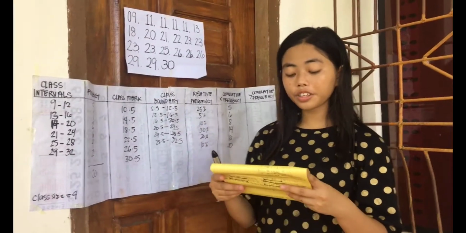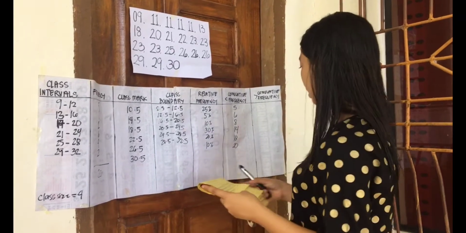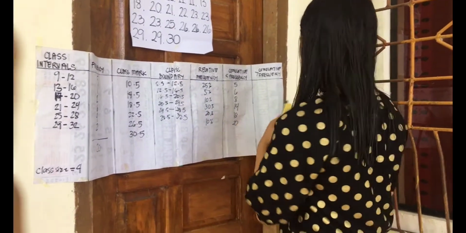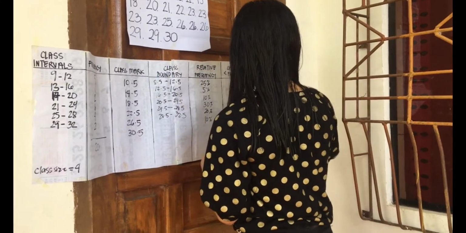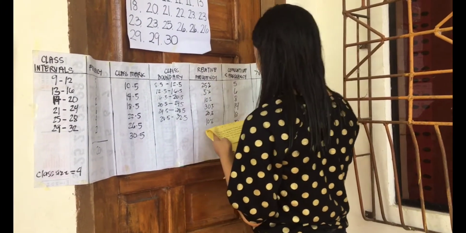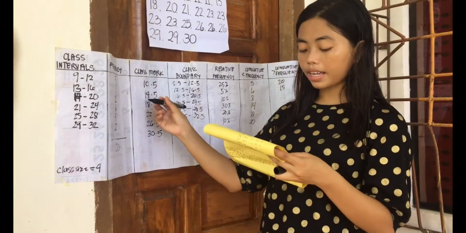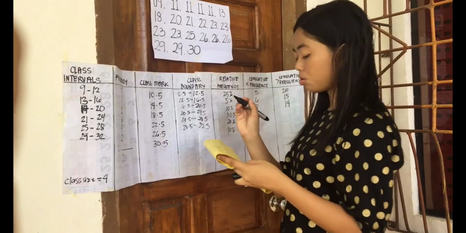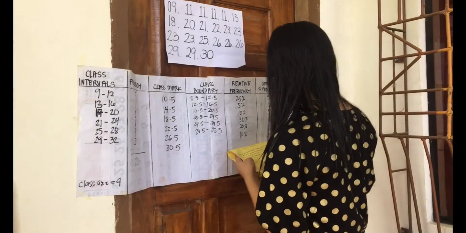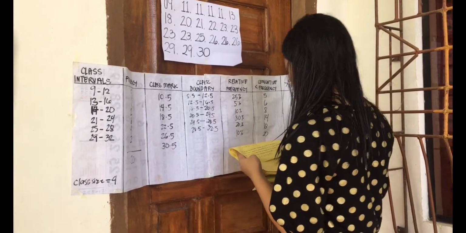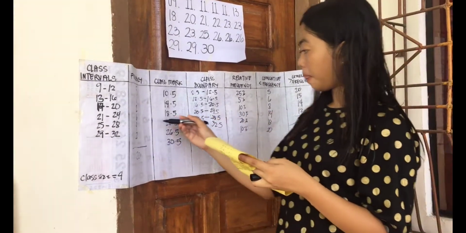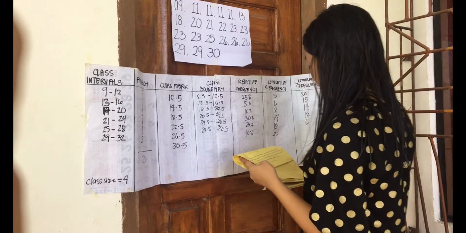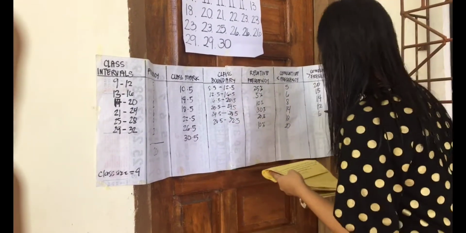To get the greater than cumulative frequency, we start at 20. So 20 minus 5 is equal to 15. 15 minus 1 is equal to 14. 14 minus 2 is equal to 12. Then 12 minus 6 is equal to 6. 6 minus 4 is equal to